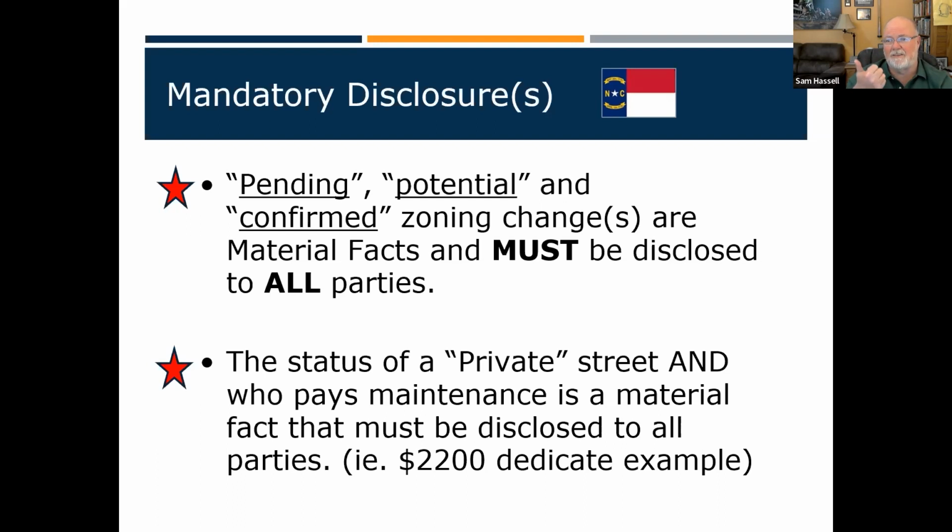Is something going to change? Do we have potential or confirmed changes? You're going to make those phone calls. What's happening here? I got a buyer who wants to buy in this neighborhood. What's happening? What's the best thing I can do, right? So those are the kind of things that you have to find out. Another one